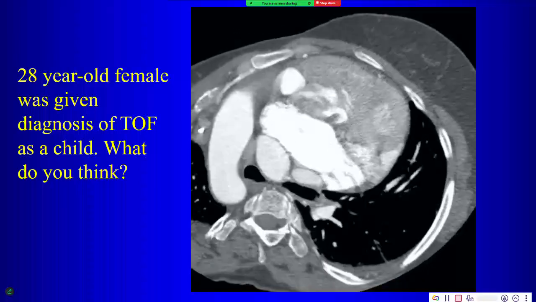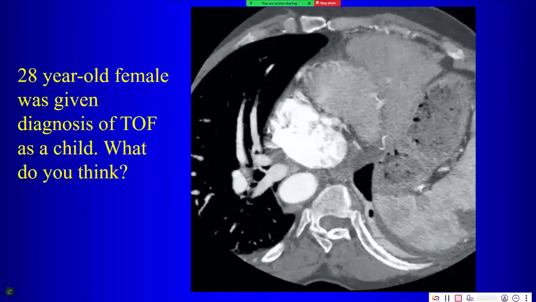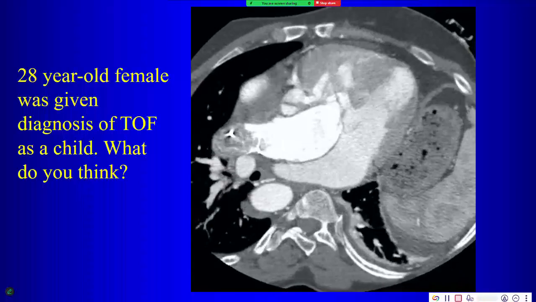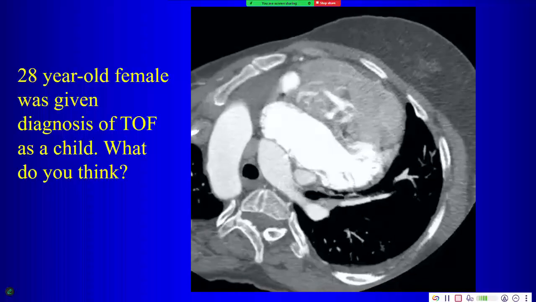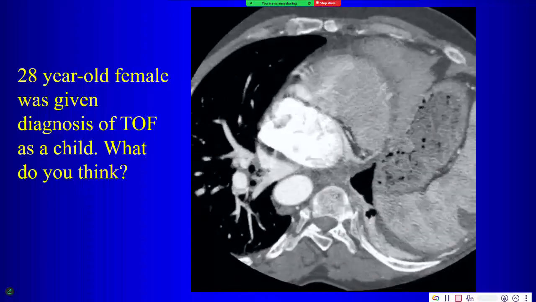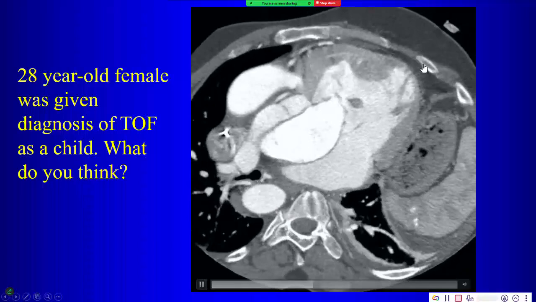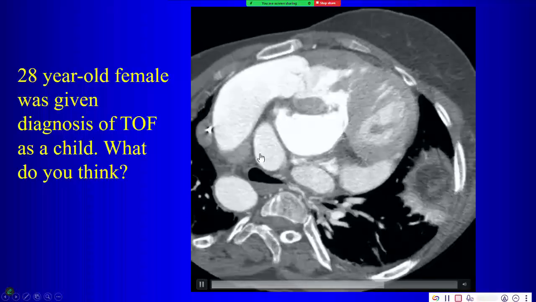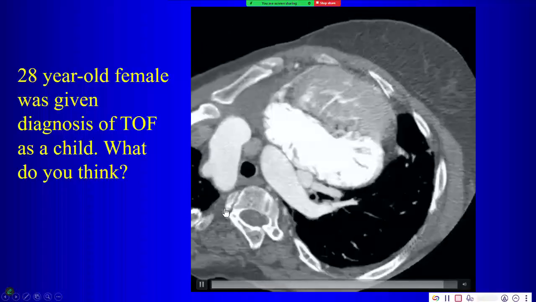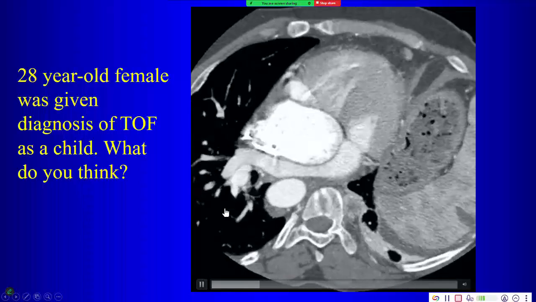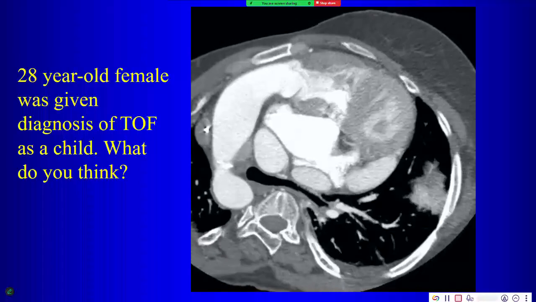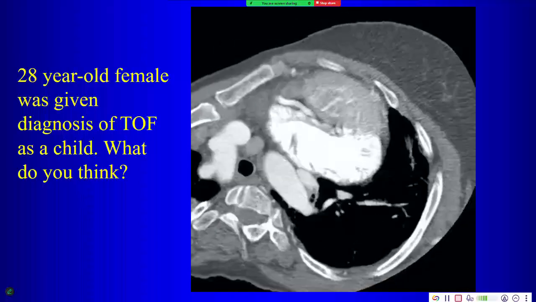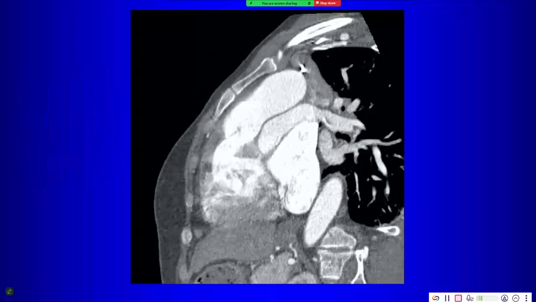What are we going to call this? Right, so it's double-outlet right ventricle with... What other problem did you mention? Pulmonic stenosis, right? And ventricular septal defect. So that's why the physiology resembles Tetralogy of Fallot, right? So this will give you then predominantly right to left shunting because of the infundibular stenosis and because of the